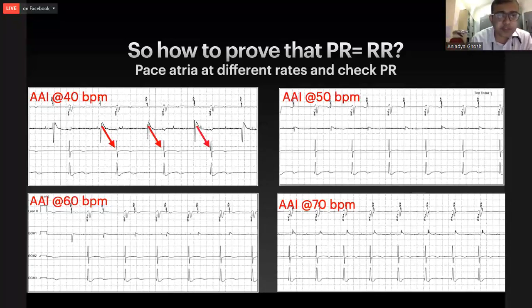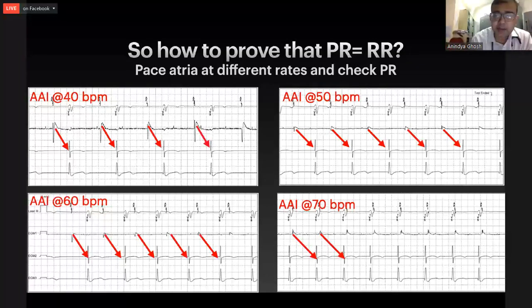At a rate of 40, it was conducting 1:1 with an AV delay, a PR interval, of around 450 milliseconds, which is too long. At 50, the PR interval prolonged even more, to around 600 milliseconds. At 60, it was 750 milliseconds. At 70 beats per minute, it was a staggering 750 to 800 milliseconds with 1:1 conduction, which gave an impression that this